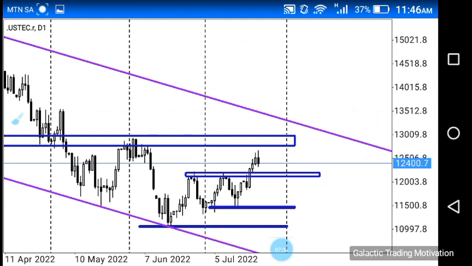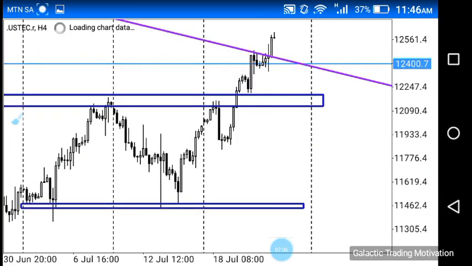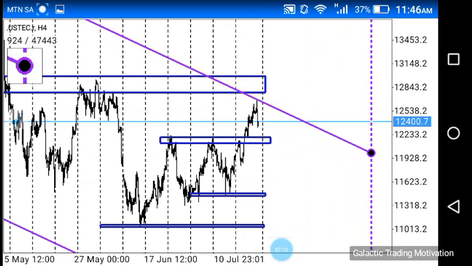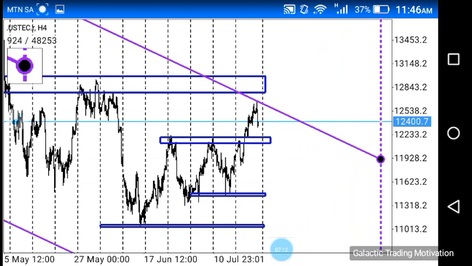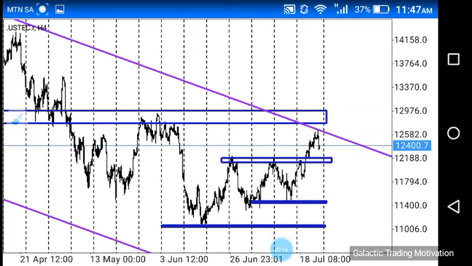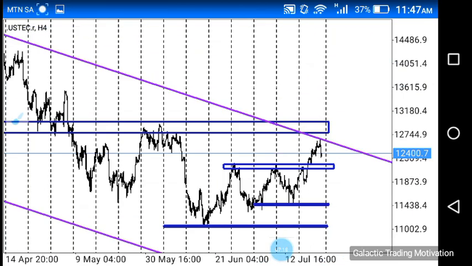I'm just going to move down to the H4 chart. Let's see. So on the H4 chart, I'm just going to fix my lines. There we go. There we go. All right. So what else do we see on this chart that is